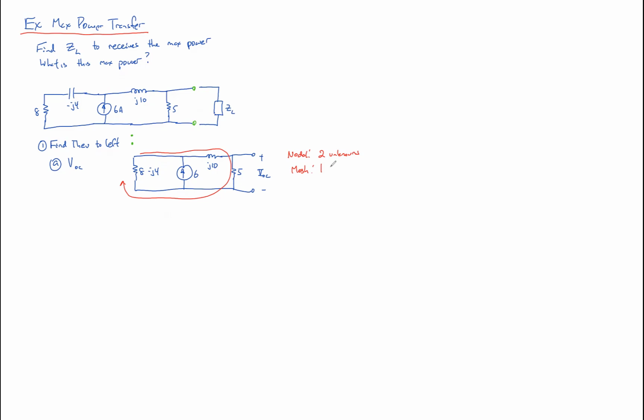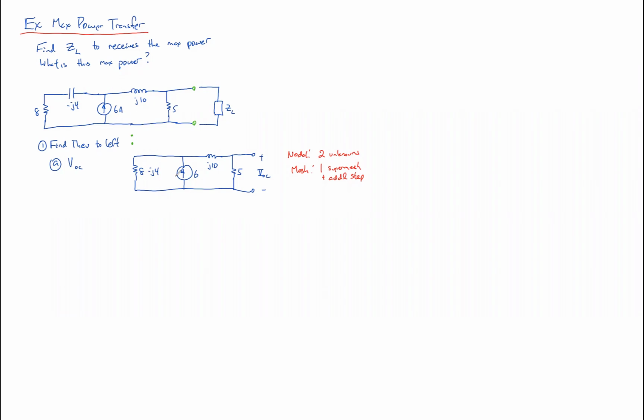So it's one super mesh, plus an additional step afterwards to convert from the current to VOC. Not bad, but I think my first instinct would be to do a source transform and see if that makes things a lot easier. So by doing a source transform,